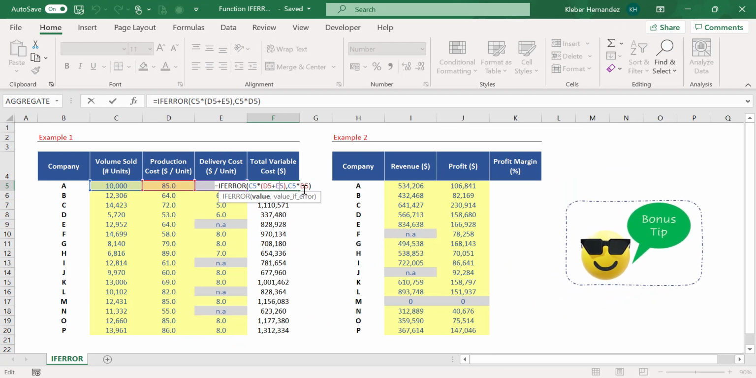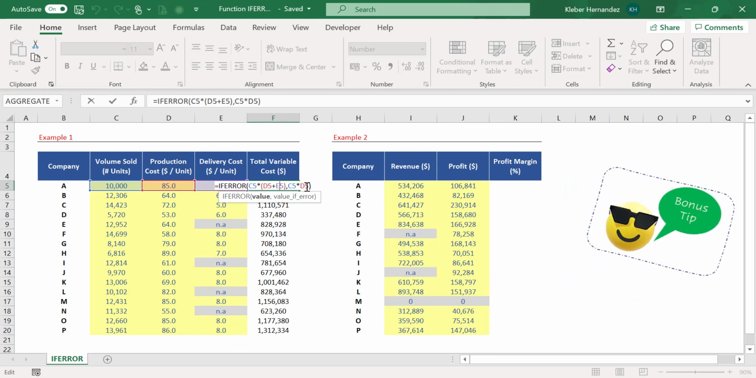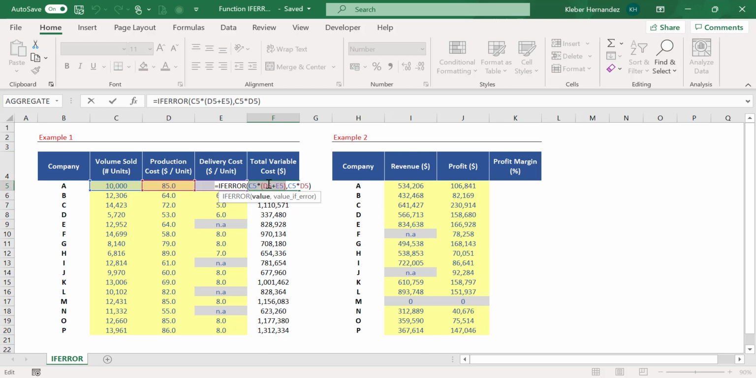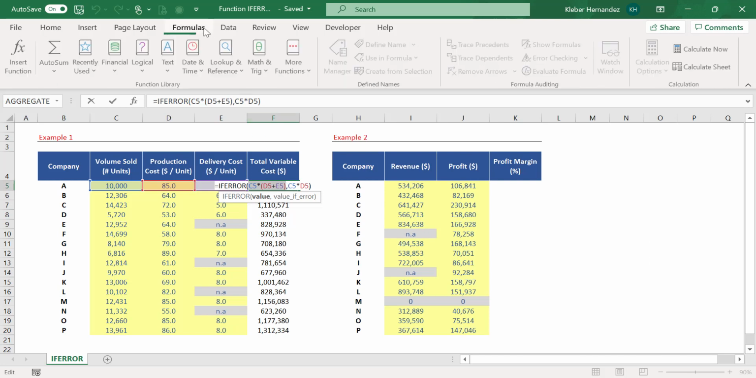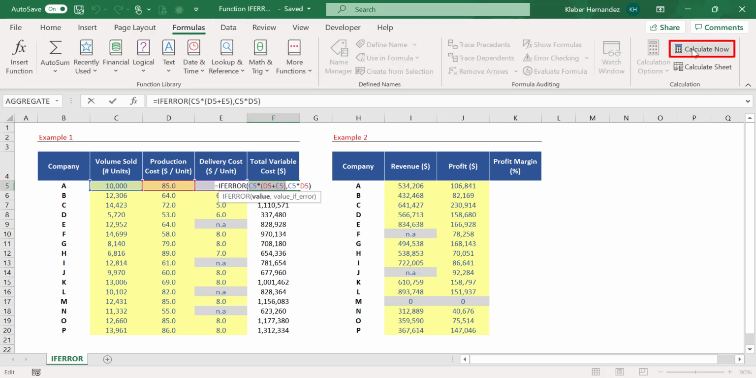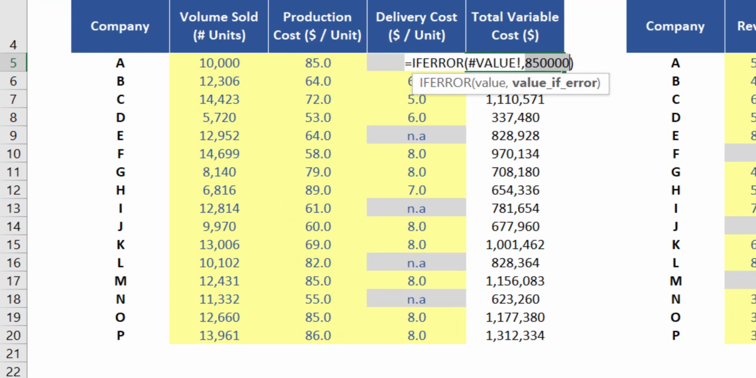Now a bonus tip on this example 1. A clever way of auditing combined formulas like this one is to select a portion of the formula and then either hit the key F9 in your keyboard or this Calculate Now button available in the formula menu. So in this case, we can see the first argument is indeed returning an error, and therefore the second argument, which is showing the result